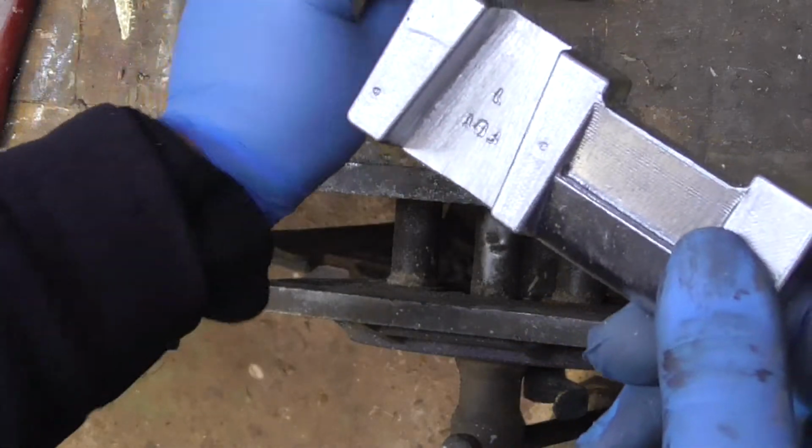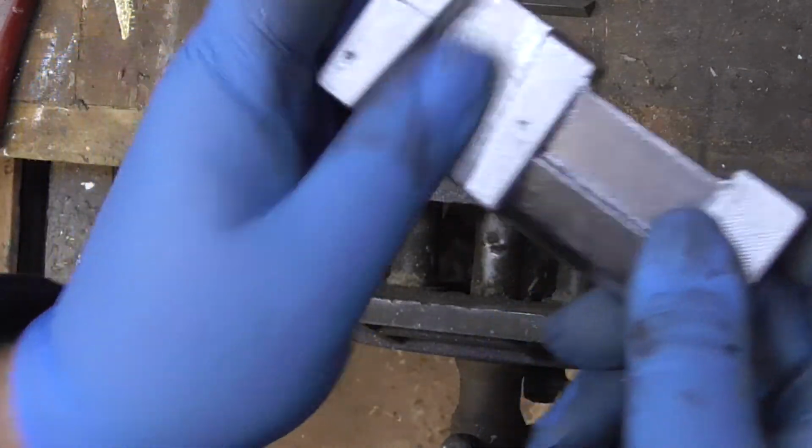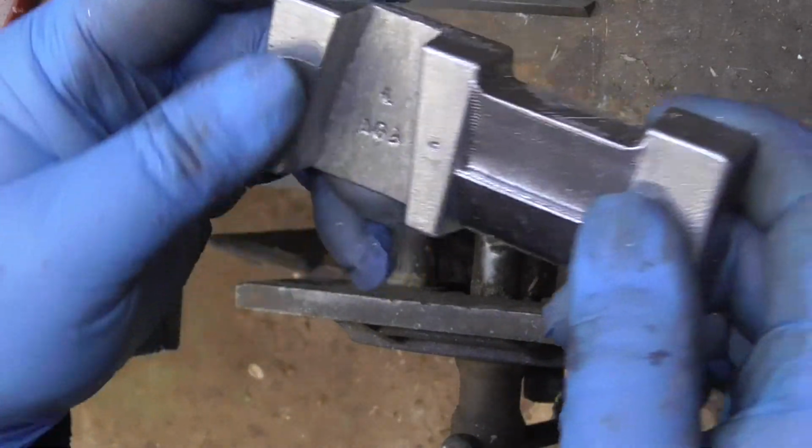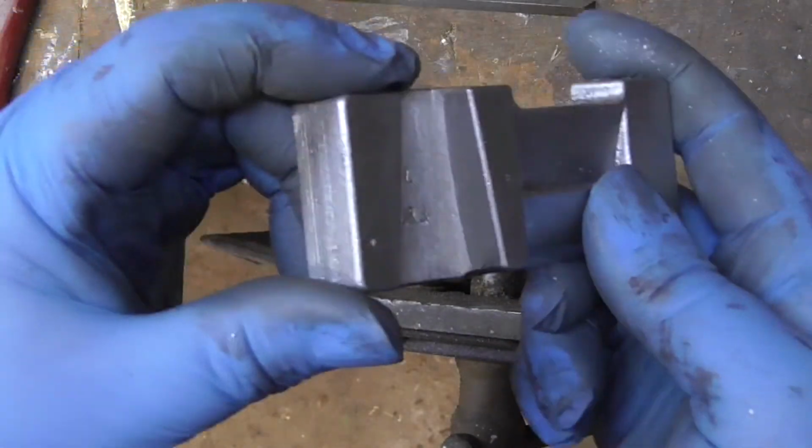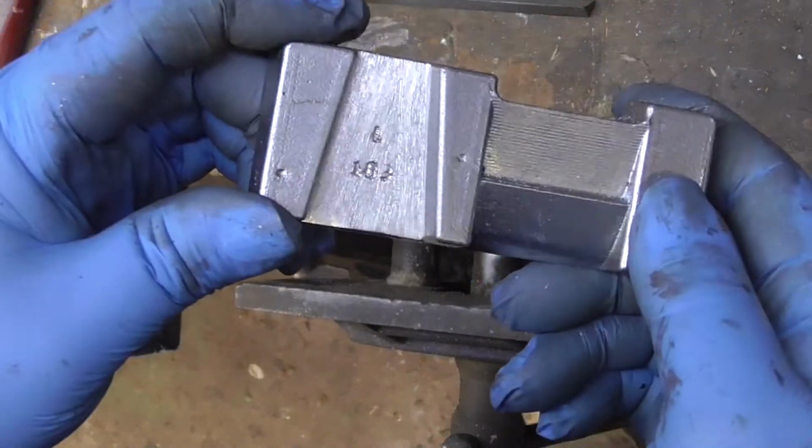I'm going to leave the others. Mate can file them up if he wants to. But he's probably going to get them sandblasted anyway, so